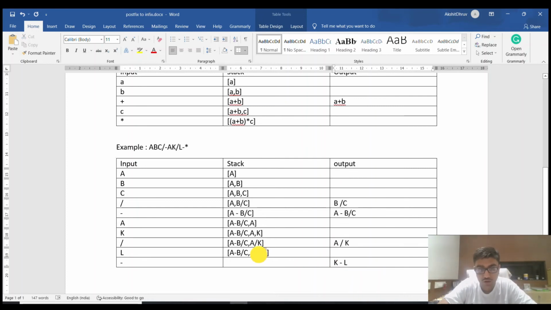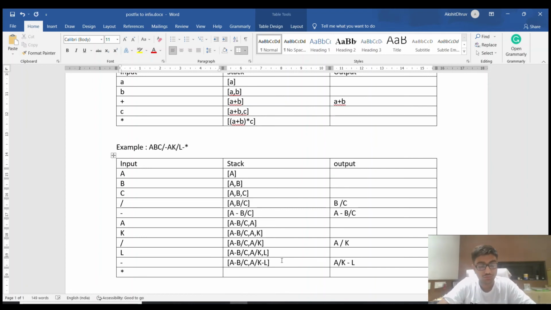Now you have popped these two elements, right? What is pop? That is removing those elements. Sorry, here it's A / K, right? Not only K. It was my mistake. So yes, my first element is A / K and second element is L, right? So now we have just popped them out. So we have removed these two elements. So now our stack will be A minus B / C. Now we have to push this back again. After our work is done, we just have to push it back. So now our stack will contain minus L. Yes. So now another one is